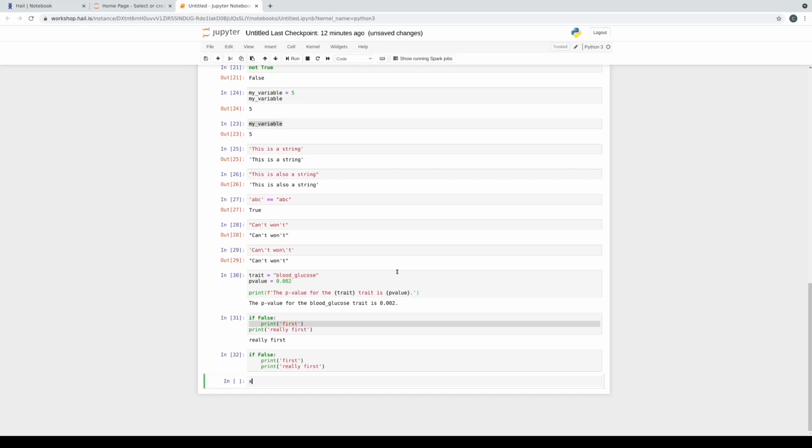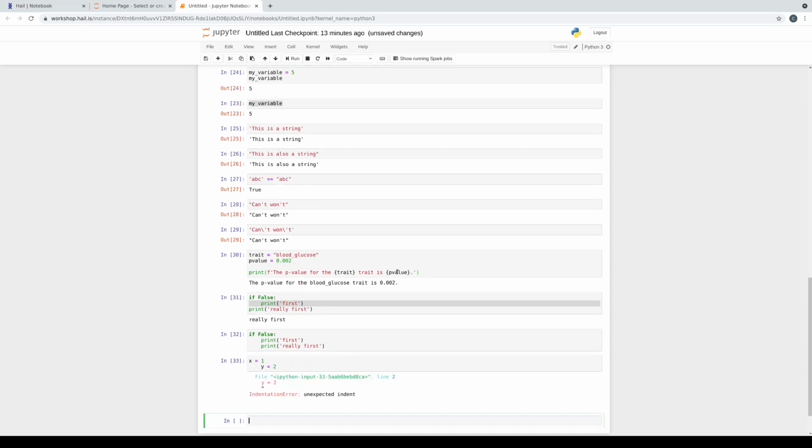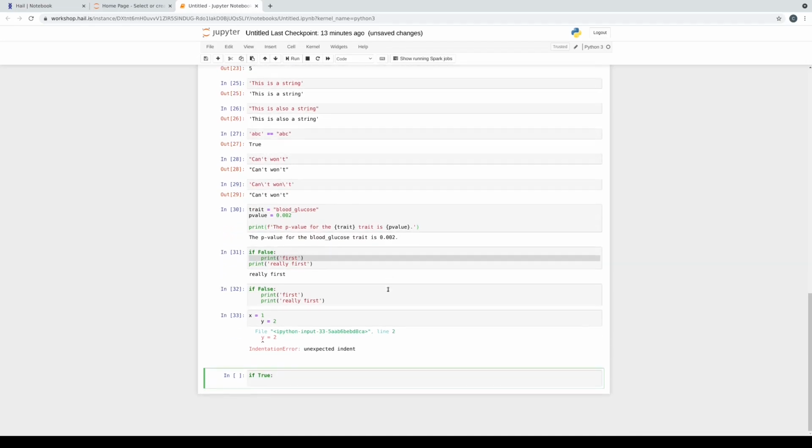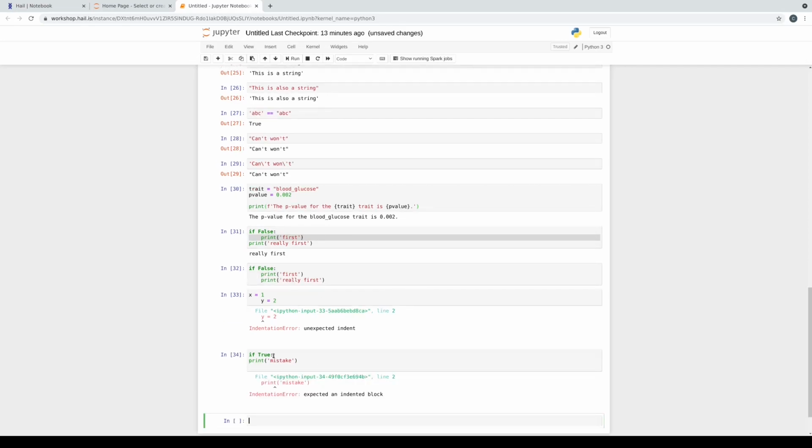So let's see two examples of that. So say we're going to assign x equal to 1, then I'm going to indent and assign y equal to 2. But the x equals 1 line didn't end with a colon, so this indentation is incorrect, and we will get an error, unexpected indent. Similarly, say we have a conditional that we're going to say is true, so we're always going to execute this. And then if we say, this is a mistake, and we evaluate this, well, Python said, well, there was a line that ended with a colon, so I expected indentation in the next line, and it wasn't there, so that was an error.